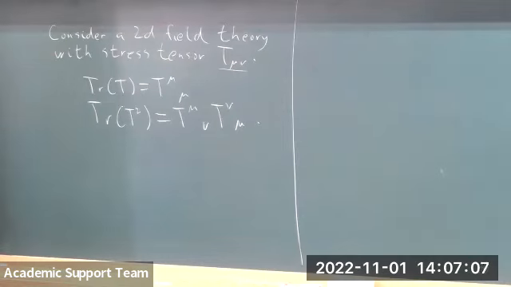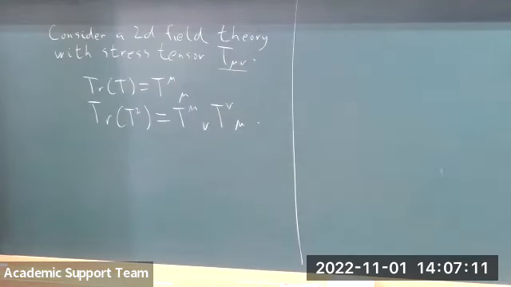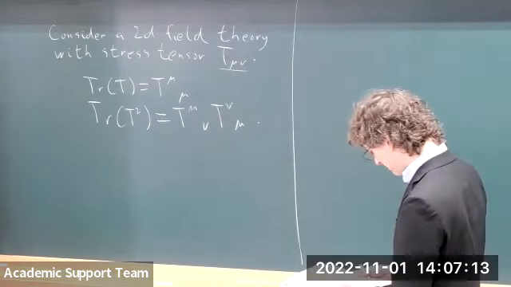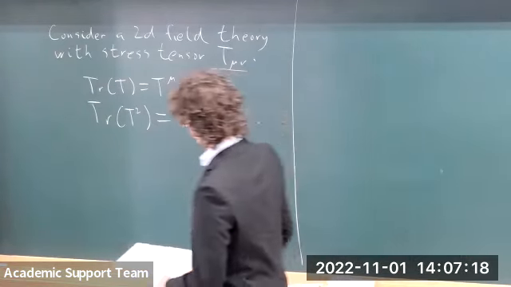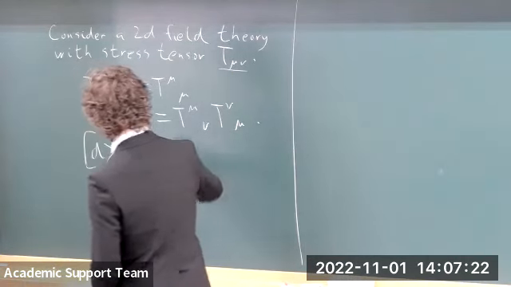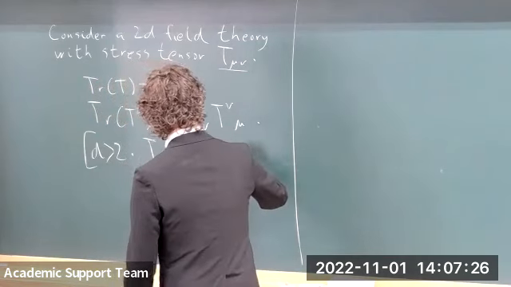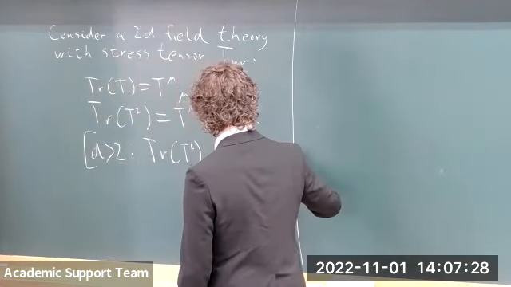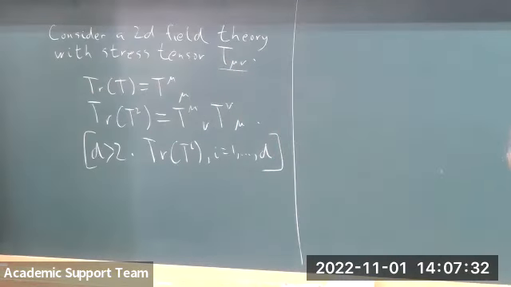Any higher trace, trace T to the n, for instance, will be related to these objects by a Cayley-Hamilton theorem, or some trace identity. Okay, so in two dimensions, this is all you have. Of course, if we were in D greater than 2, then there would be other objects, trace T to the I, for I equals 1 up to D. So we'll keep that in the back of our minds for the moment. But for now, we'll restrict to 2 dimensions.